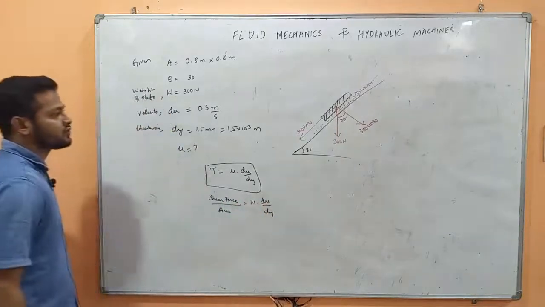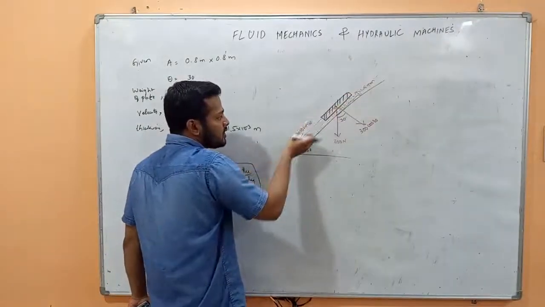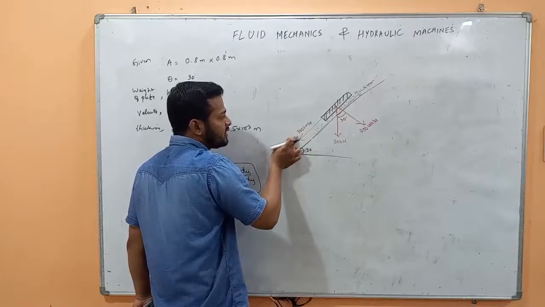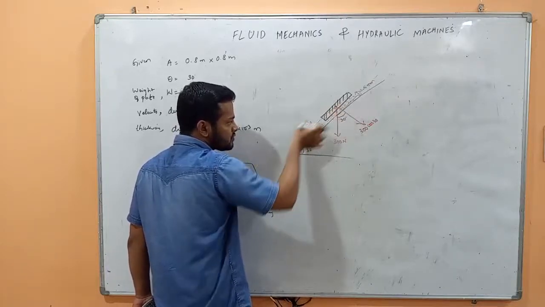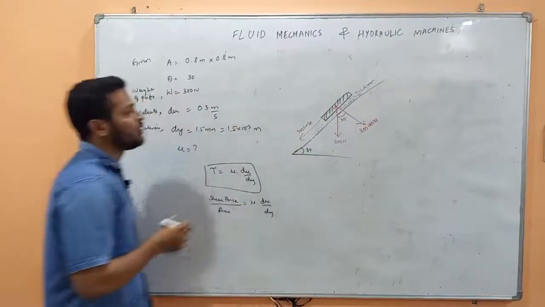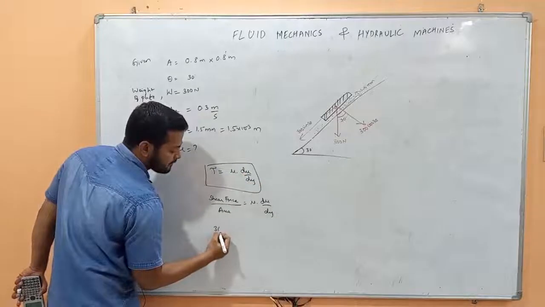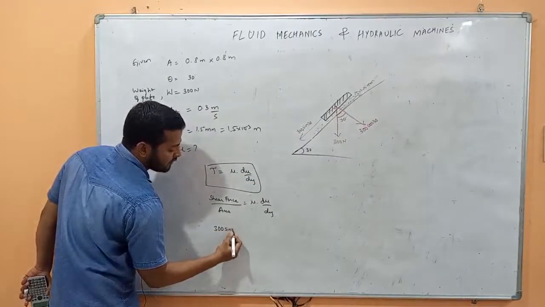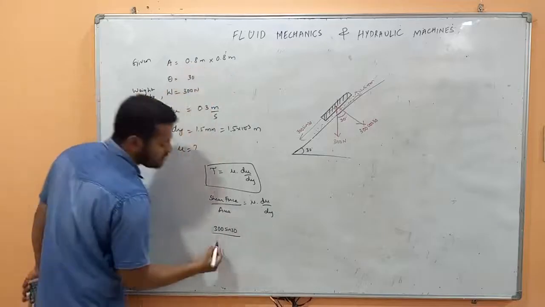Which is shear force? The force causing this plate to go in the downward direction. This force 300 sin 30 is responsible for the shear force, which is making it go in the downward direction. So shear force is 300 sin 30 by area. Area is given in the question, 0.8 into 0.8